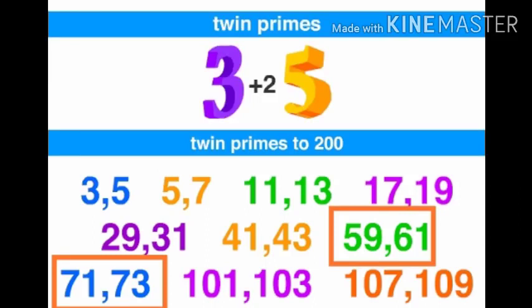Now fourth question, write all twin prime numbers from 51 to 100. You note down these numbers in your notebook and find out the twin prime numbers. Only two pairs are twin prime numbers, 59, 61 and the other one is 71 and 73. The remaining 2-3 questions you have to do on your own in the classwork copy.